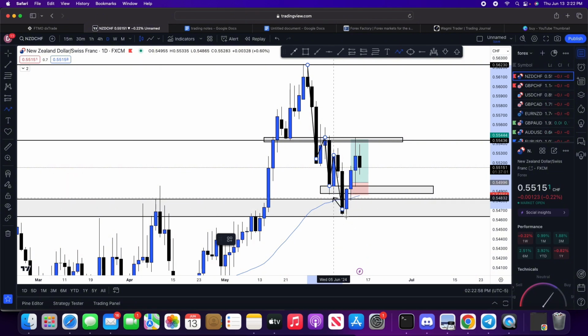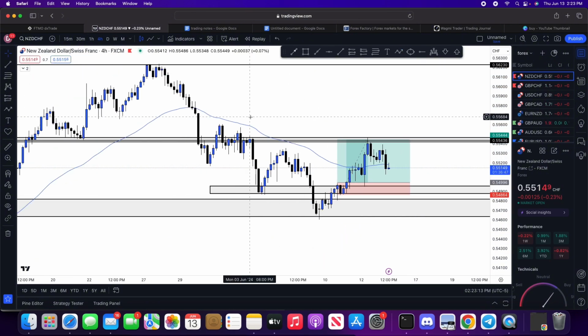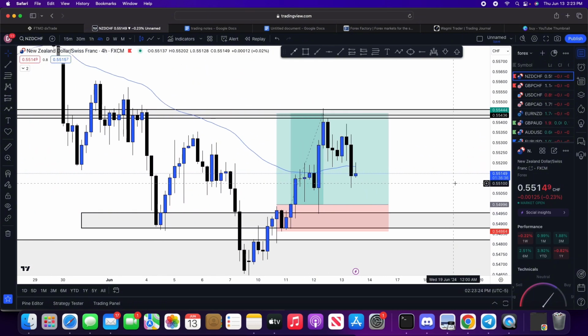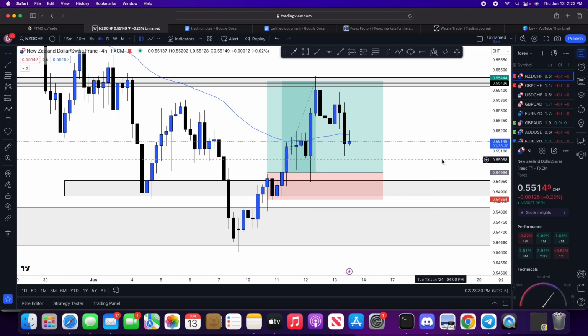So price finally tapped into this area of interest. And then on this day, which was the 10th of June, that's the one that I actually sent out in the Telegram. This is where I start going down to the smaller time frames. In the smaller time frames, you can start seeing that shift of structure. Whatever video you watch of mine, I'm always talking about the shift of structure. I think I've made a video talking about it. If not, well, I'll explain it to you right here, right now.